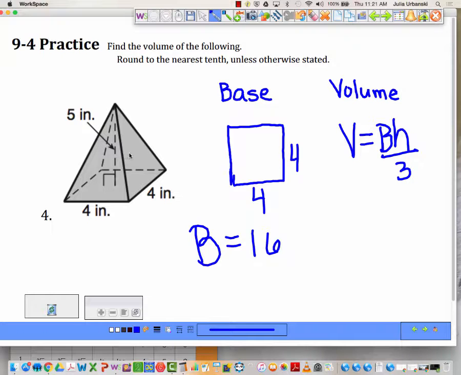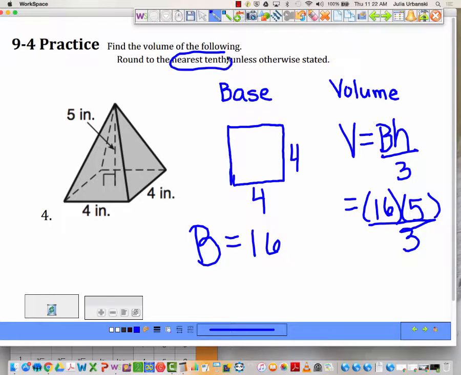You divide by 3. All right, so now all that's left to do is plug in what you know. Do we know capital B? Yes, 16. Good. Please remember, capital B means a shape. It's not just a line. Do we have the height that we want, or do we have to figure it out? We have it. It goes right down the inside. That's 5. And then we divide by 3. Does it come out evenly? Okay. So I'm hearing 26.7. Correct. Yeah. And inches to the